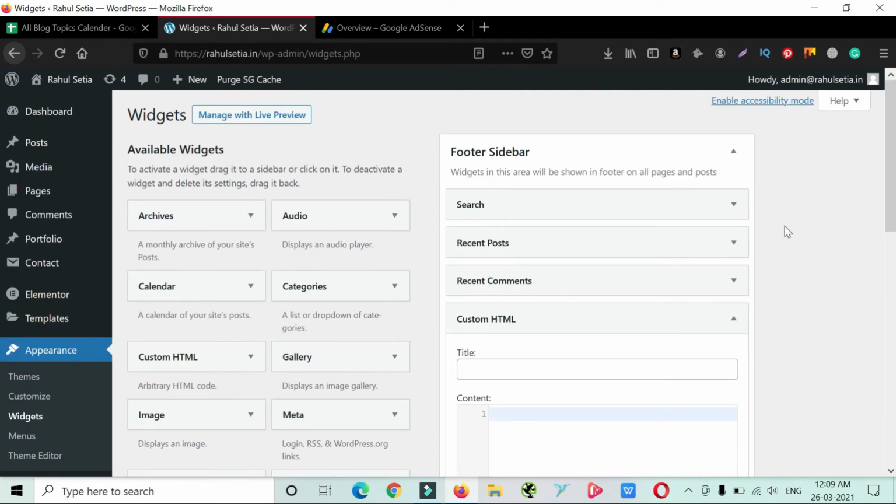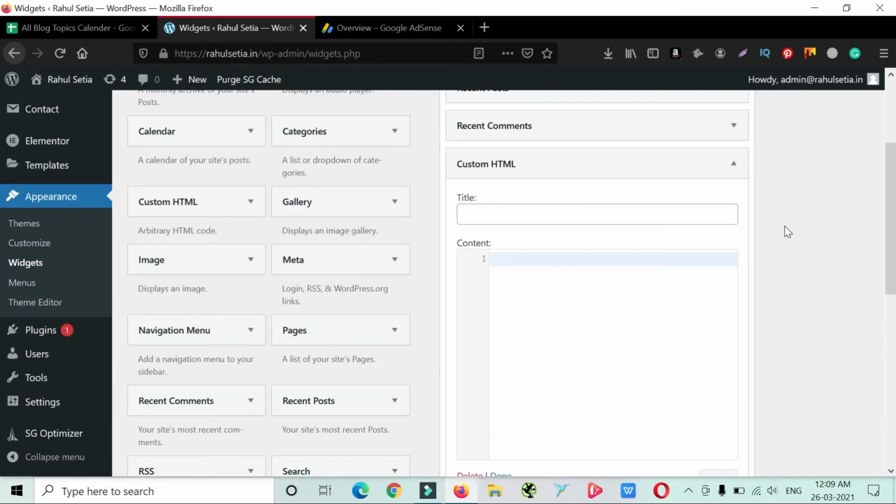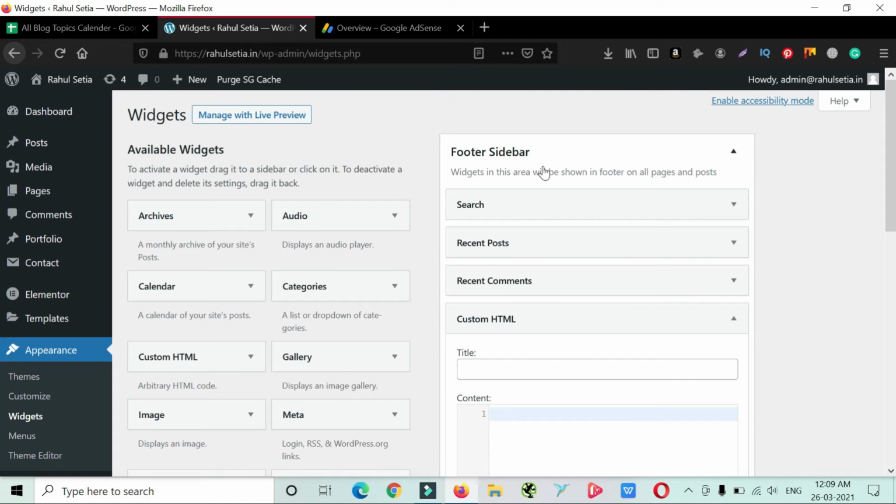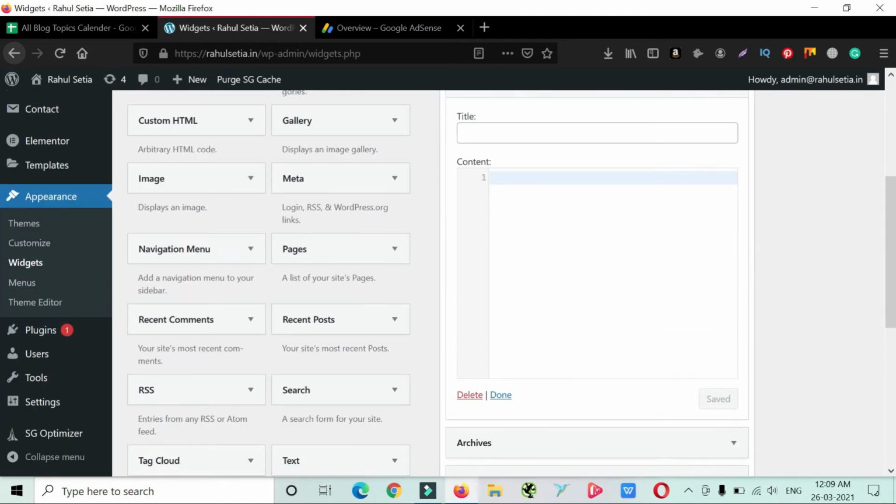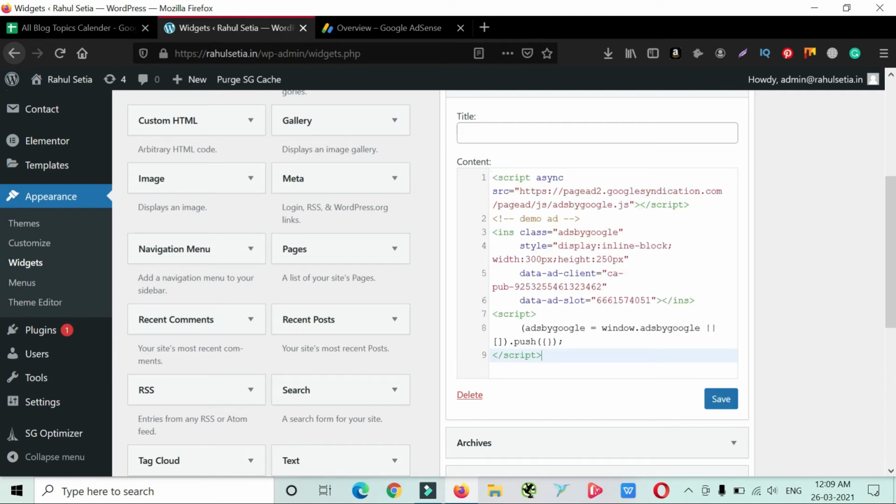Okay, so right now it is in the footer sidebar, just for this video. So I have already copied the code and I'm going to use Ctrl V to paste the code. So the code is there. I am going to add this advertisement as a label of the ad and just save it. Okay, now let me refresh the site.